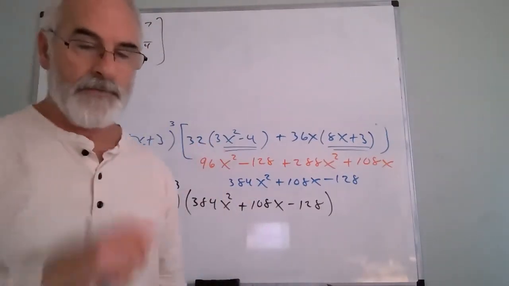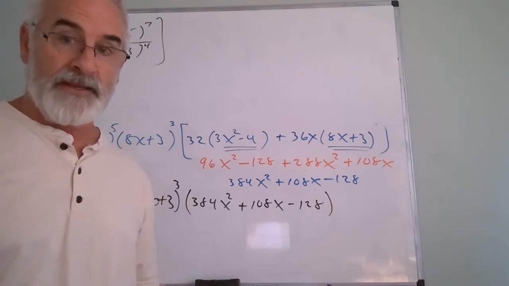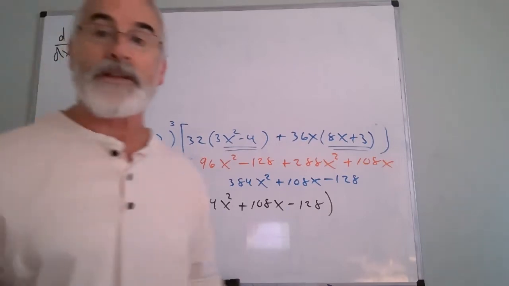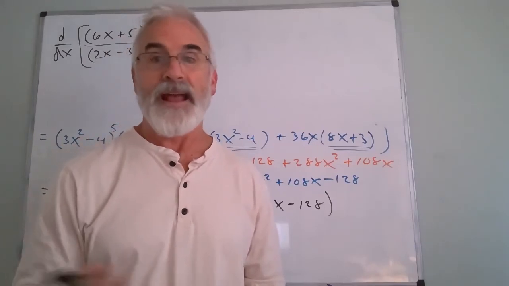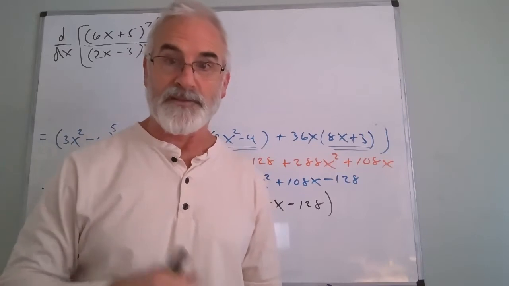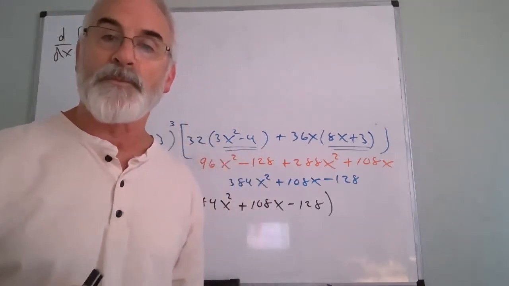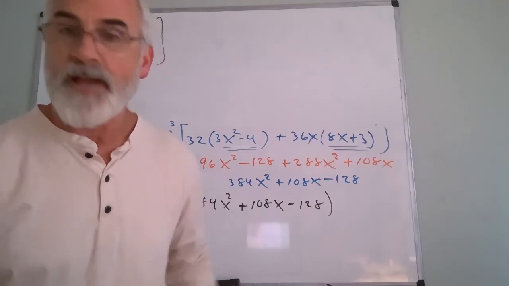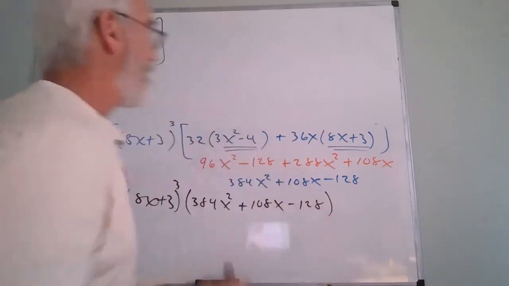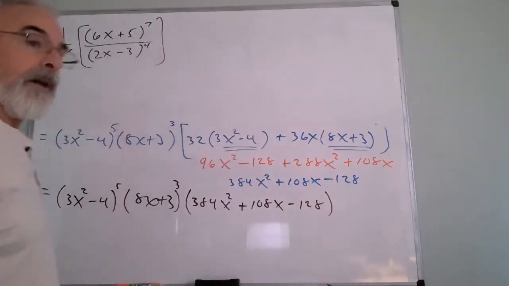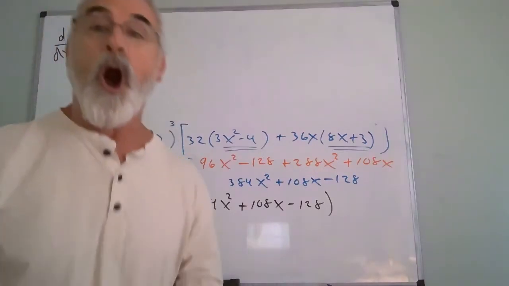Now, I mentioned last time, if you can simplify or change a problem and make it easier before you start, always do that. If my denominator is a trig function, for example, then you don't actually have a denominator, you just bring it up because the reciprocal of a trig function is another trig function. If your denominator is something raised to a power in general, I don't mean a polynomial that's raised to the first power. I mean something where I'm actually raising the entire denominator to a power,